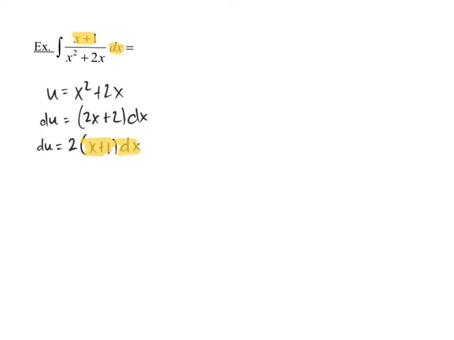The only thing I don't have is the 2, and so I'm going to be able to divide both sides by 2 so that I get 1/2 du is equal to x plus 1 dx. And so choosing the denominator as my u turned out to work here. So let's keep going. We're going to replace the highlighted part with our 1/2 du, so 1/2 the integral of